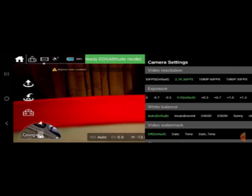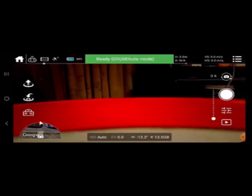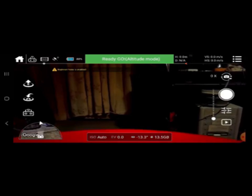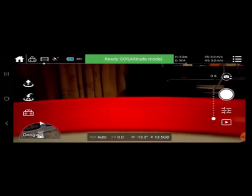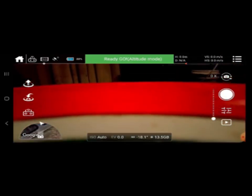So let me just click on the X and let's just see if that's glitching out on me when I move the drone around like it did last time. Yeah, it's jumping around a bit. I don't think it can handle, let's move the gimbal a bit. Yeah, there's some